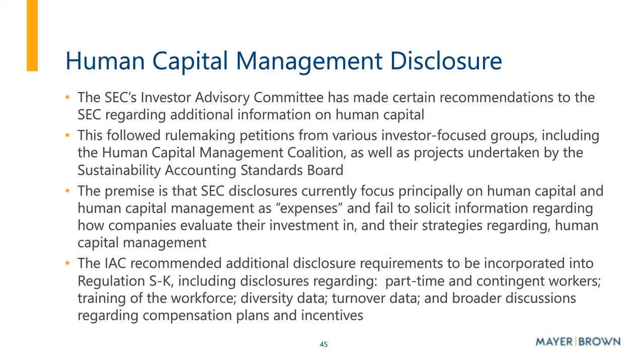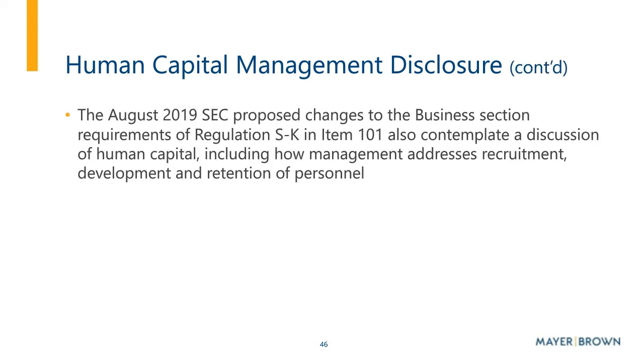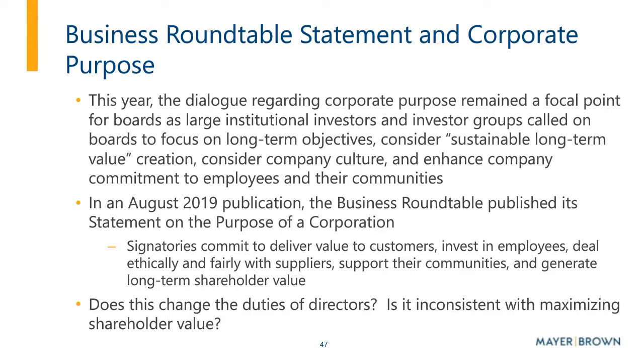So some of that might be worked into proxy disclosure. It could be worked into separate standalone disclosures in reports that are not filed with the SEC. So some of this, the investor interest, the rulemaking petitions from the various groups, the recommendations of the IAC, have found their way into some proposed changes that the SEC put forward this summer to the business section requirements of Regulation S-K. And those request comment from the public. This is still a proposal. It is not final on various human capital matters. So while these aren't final,